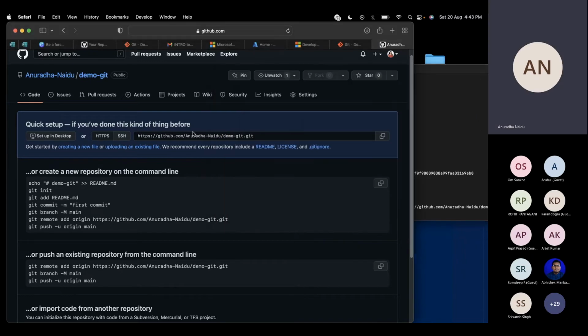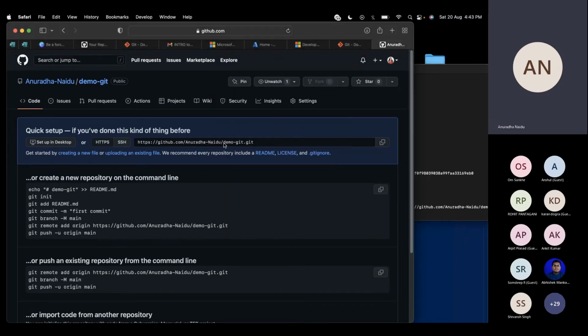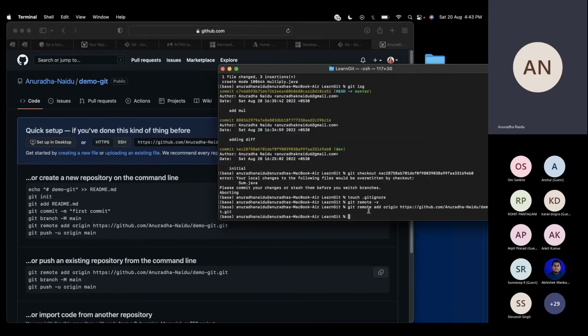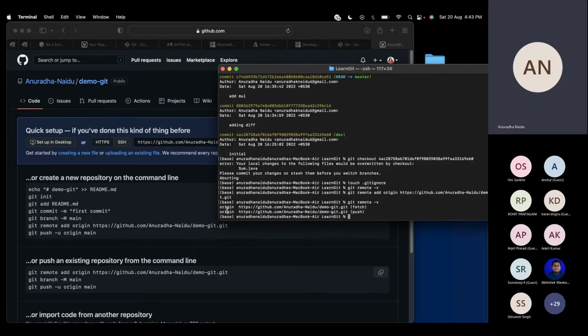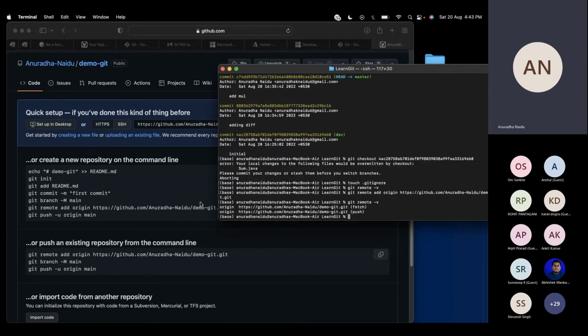I have simply copied my repository's address from here and written it with this command. Now again, if I check git remote -v, I'm getting that this is the origin, fetch and push origin we have received now. So the next steps are,